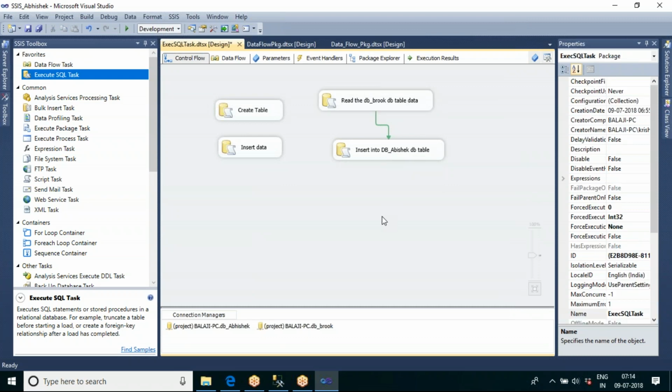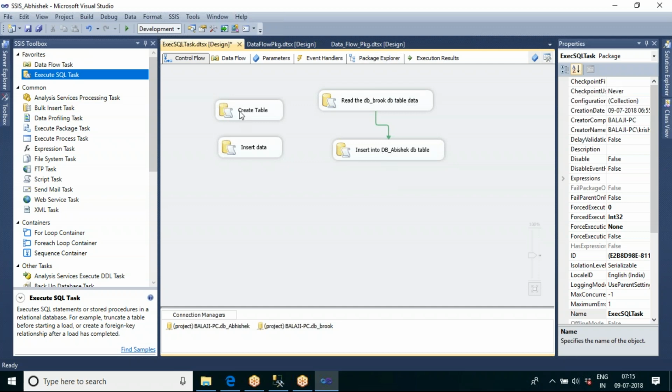So now I want to execute these two as a single unit. After this, it has to go and execute this one. But if I execute the package, every task of the package will try to execute.